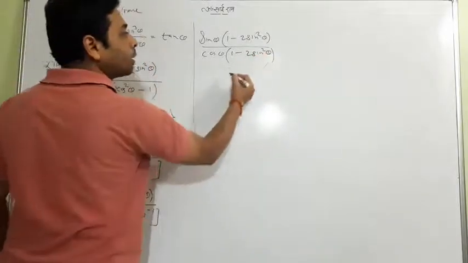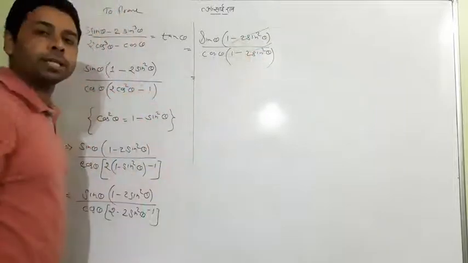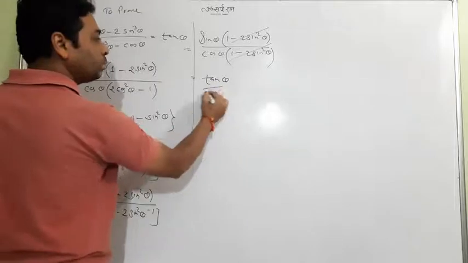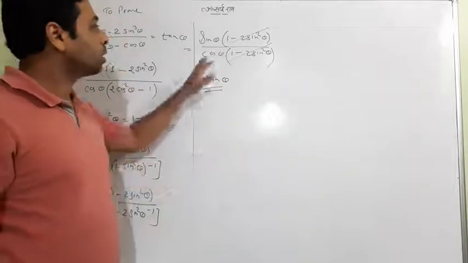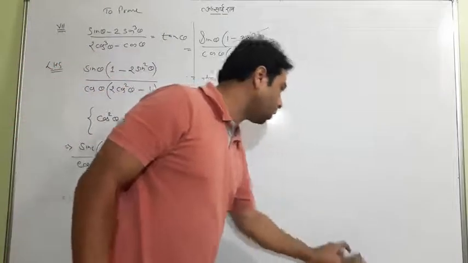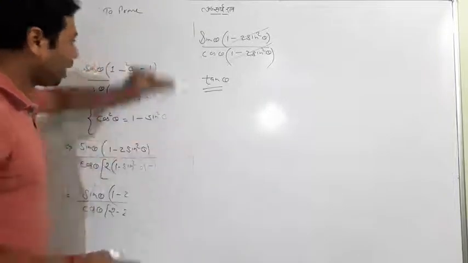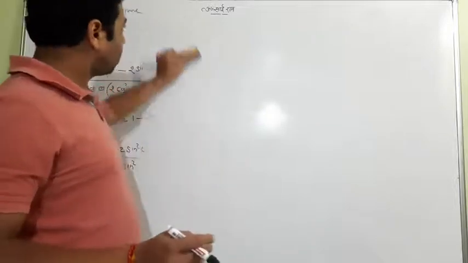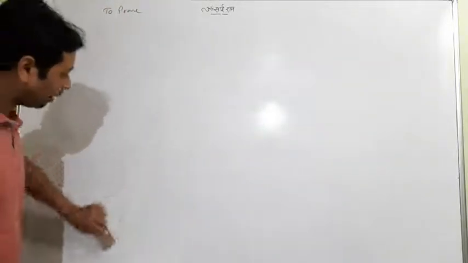One should not get confused here, because these two terms are identical. Both cancel each other. Sin upon cos itself is tan, because you know that tan is a ratio of sin and cos. So this is the simple answer we got. It's very simple, I think. I don't think you have any problem here. Let me rub this. By viewing once or twice you can understand it.